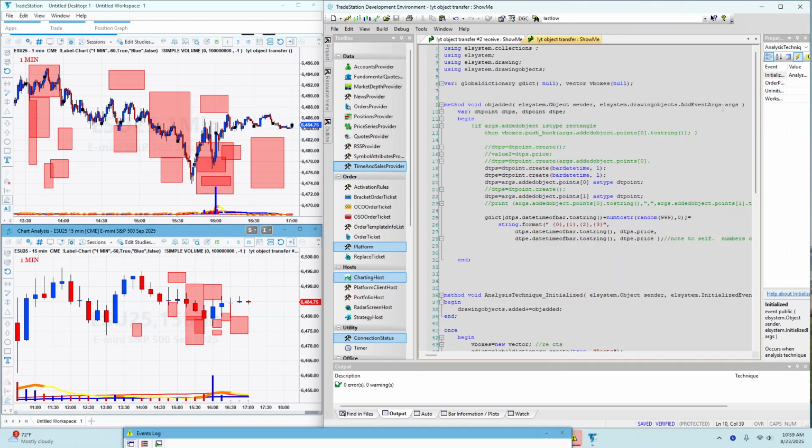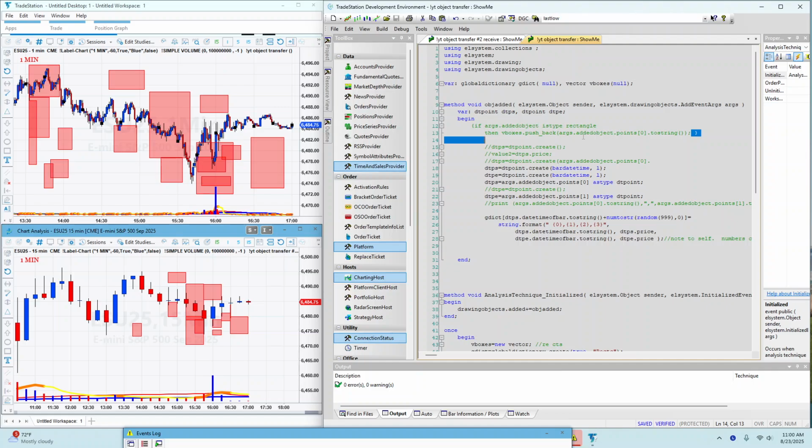All right, so what we're doing is we're taking the arguments from the rectangle, and I thought that you could just say, hey, let me get the added object points of the arguments and just make that to a string. Well, if you take that to a string, then it says like date time colon August 23rd 2020 and then it says comma price colon. So it has a lot of information, which is good visually,